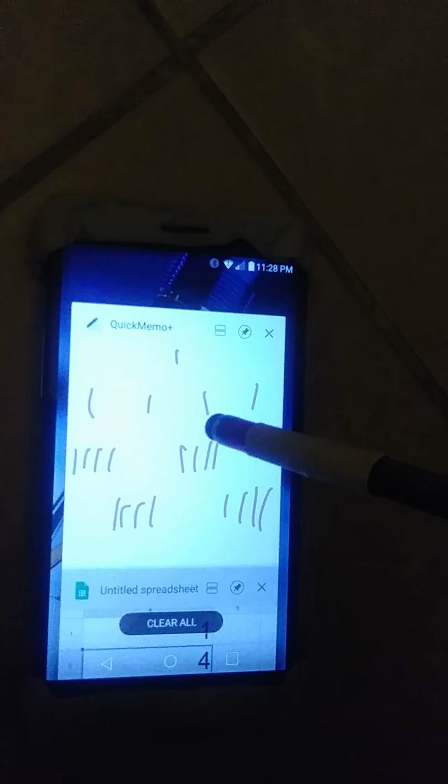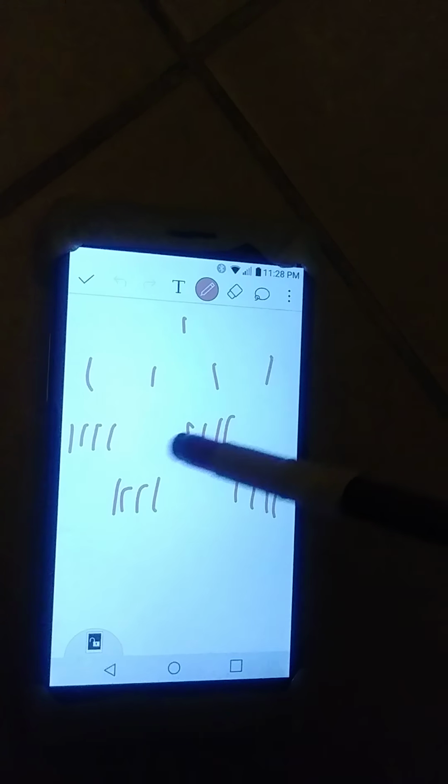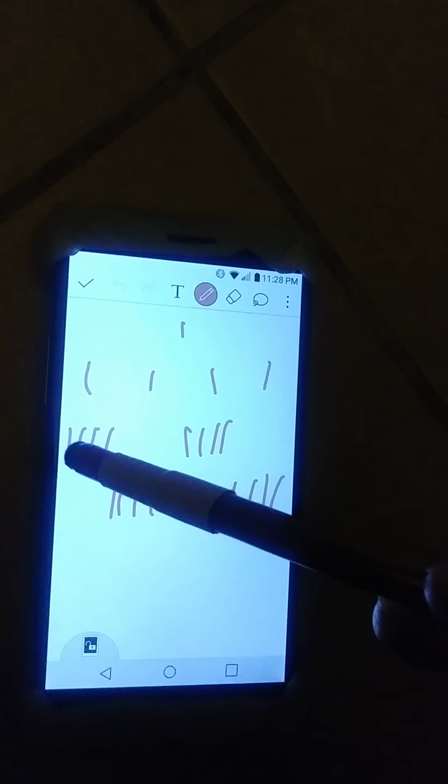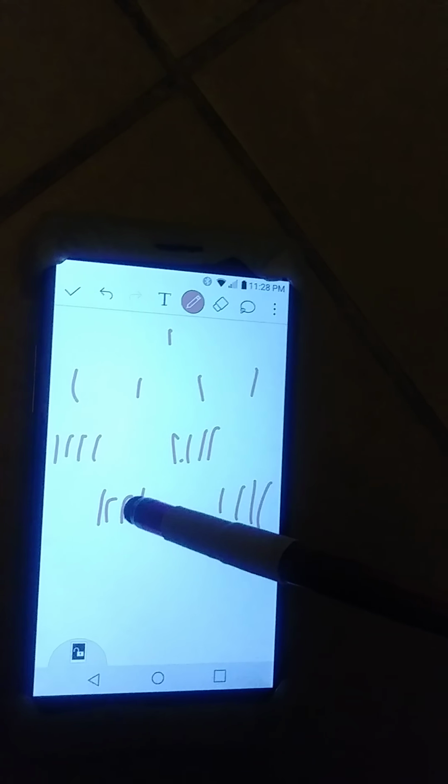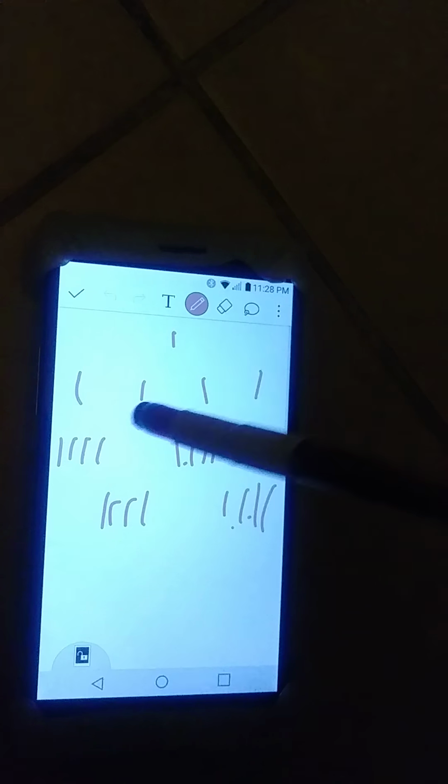So now I'm going to do the third one. What I was doing here is 1, 4, and then this I'm going to count. 4 times 4 is 16, but I'm going to count them: 1, 2, 3, 4, 5, 6, 7, 8, 9, 10, 11, 12, 13, 14, 15, 16. That number shows up right here. 1, 4, 16. 256 is too many to draw. Visually, it's not helpful. If I could draw 256 dots, it would not be helpful. But up to 16, I think it is helpful.